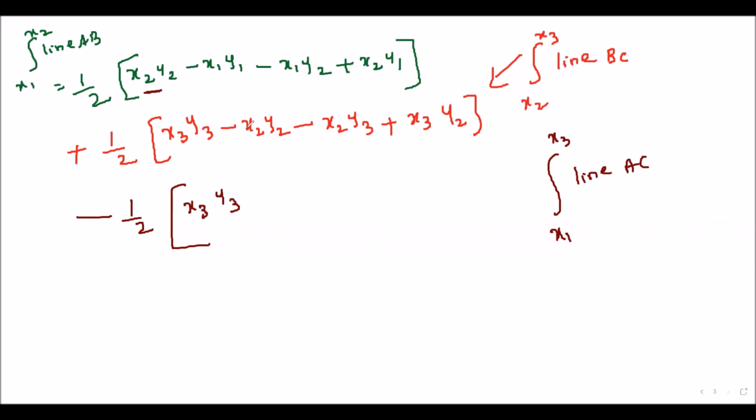Right? So X3, Y3 minus X1, Y1 - X1, Y1 has no change, as it is. Next, minus X1, Y2. So X1, no change, Y2 is changed as Y3. So X1, Y3 plus X2 should be changed as X3. There is no change in Y1. So from this we have written all these things.